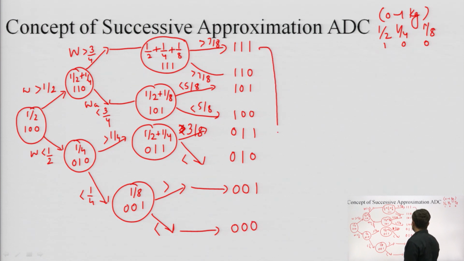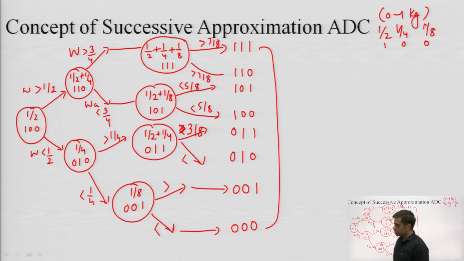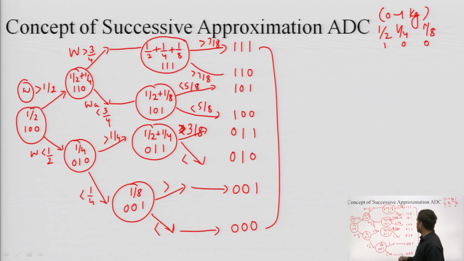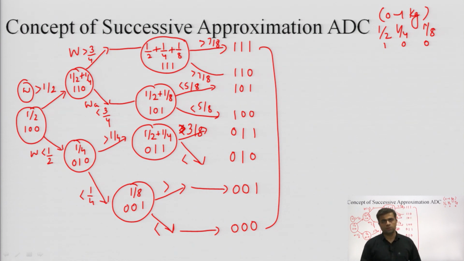So in this way we can see that I can have any of these possible values depending on what I am applying on this initial side. What this weight is, there are different possible values. So there are 8 possible outputs for this A to D successive conversion, successive approximation. So from this point of view, this becomes a concept of this successive approximation.